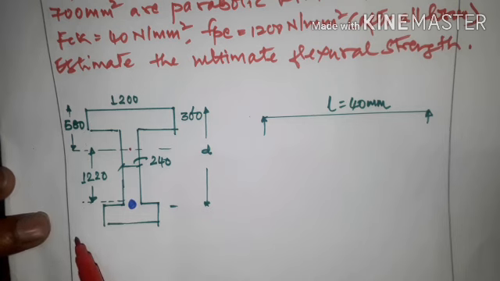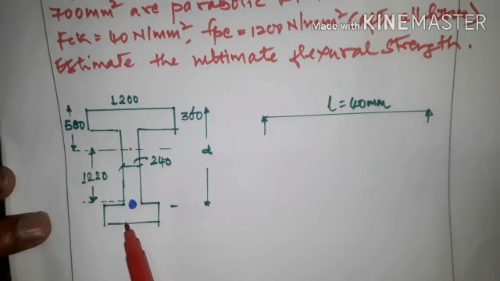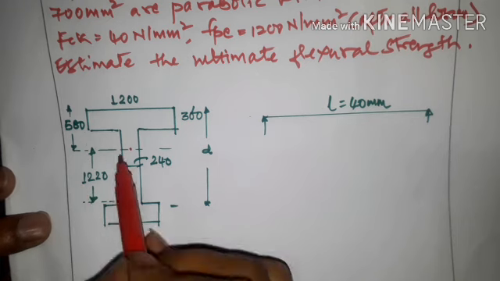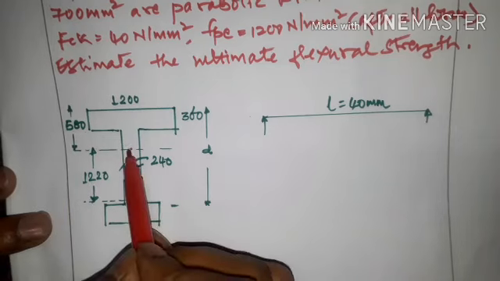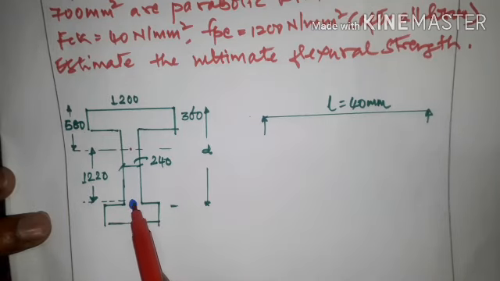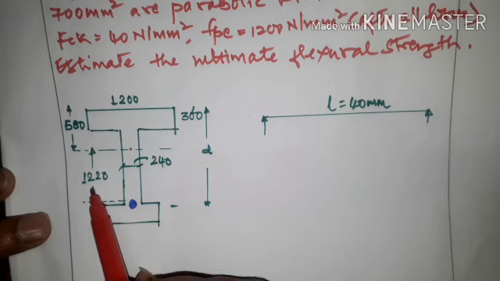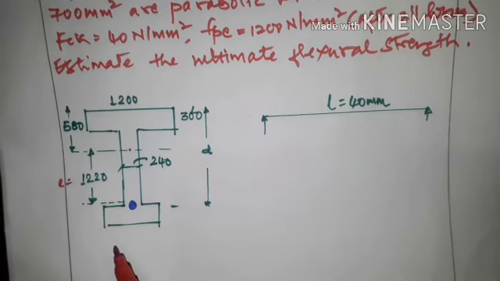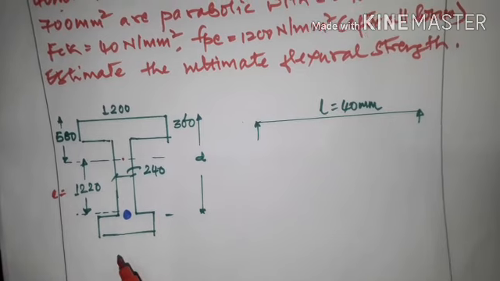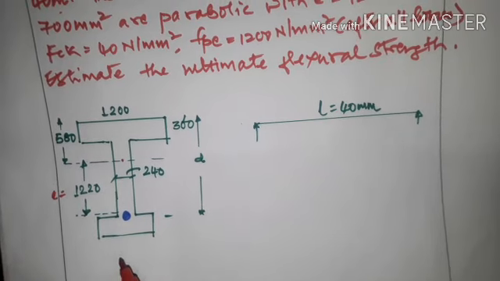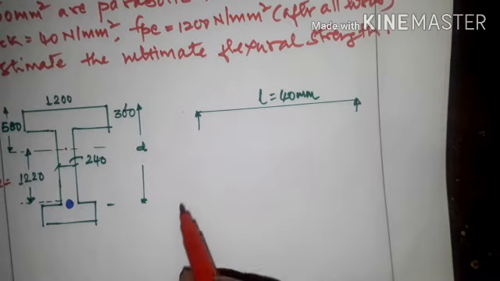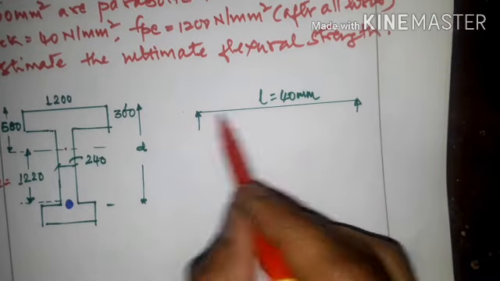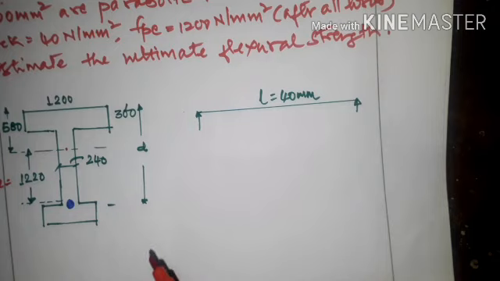Okay. And one more, the pre-stress tendons are located at an eccentricity of 1220 mm from center. So you get the center from here. Then from the centroid, the centroid of the tendons, the eccentricity E is 1220 mm. And one more important thing, the span of the beam, L, is given as 40 mm.